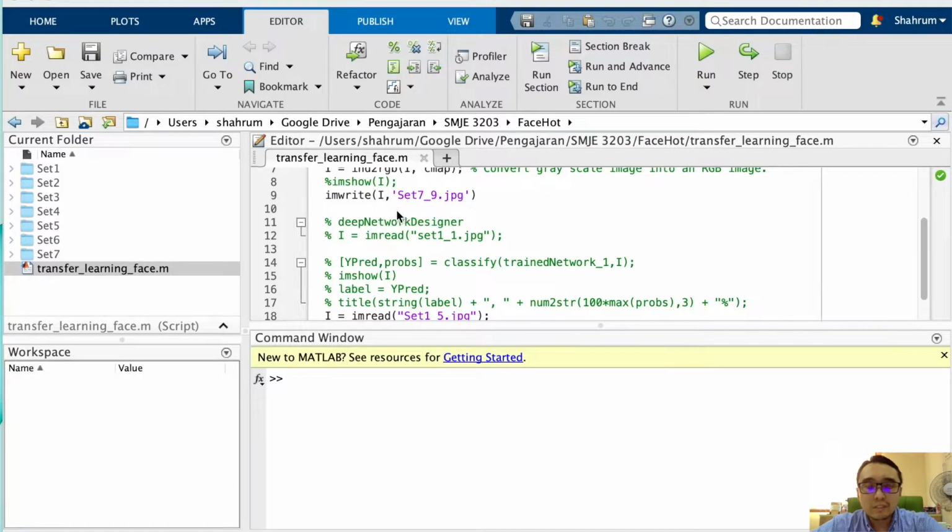Today we will continue a little bit on the topic of convolutional neural networks. As you recall from the previous video, we have seen how to implement the convolutional neural network in the Google Colab environment using Python. So today I'm going to talk about doing the same thing